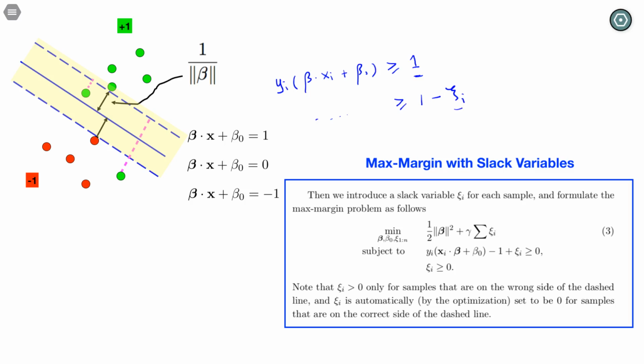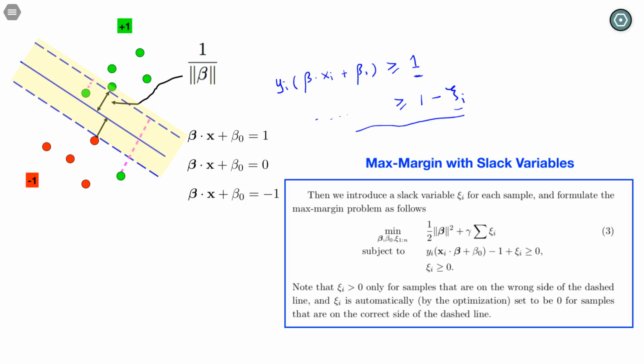So the xi_i's can be regarded as the error we made on the ith data point. If data are on the correct side, then this is satisfied by setting xi_i to be 0. But if they're on the wrong side, then the xi_i will be